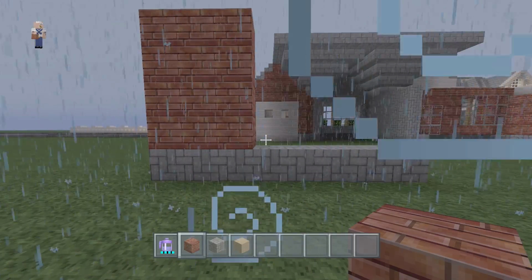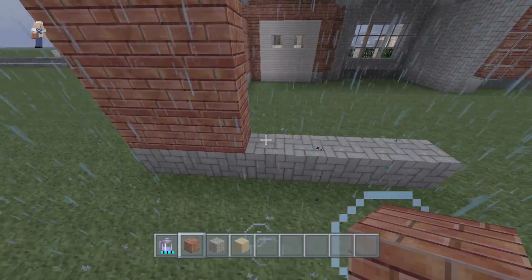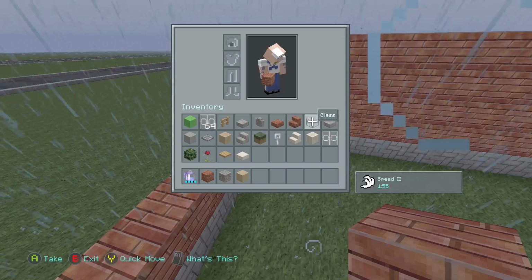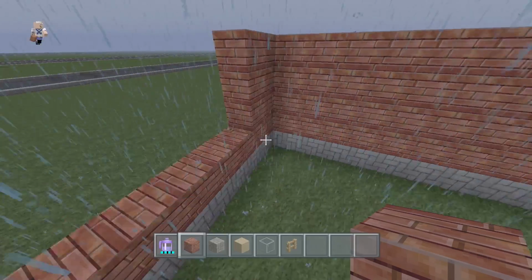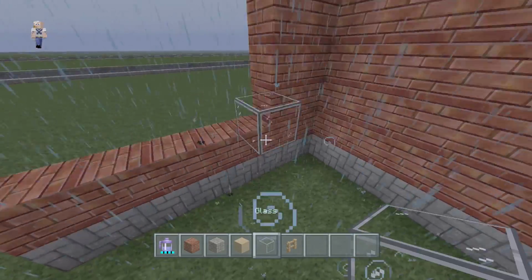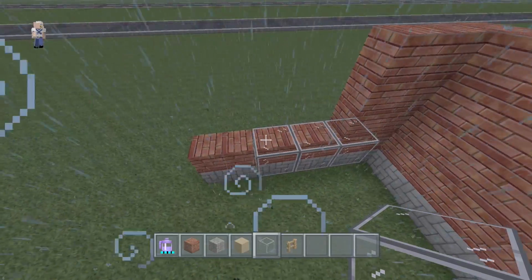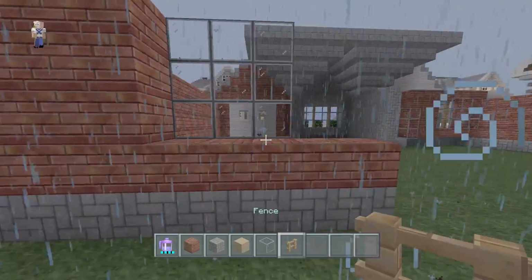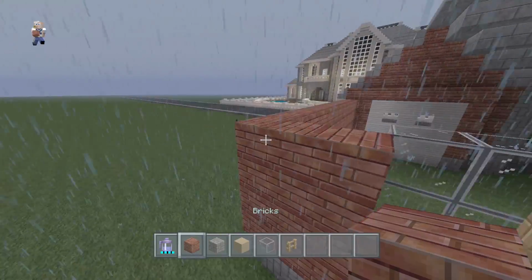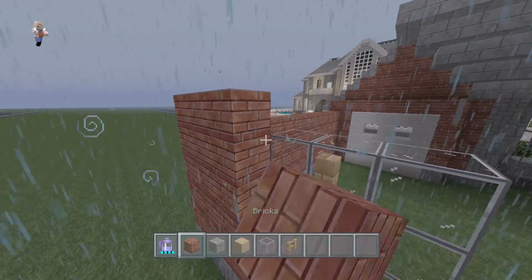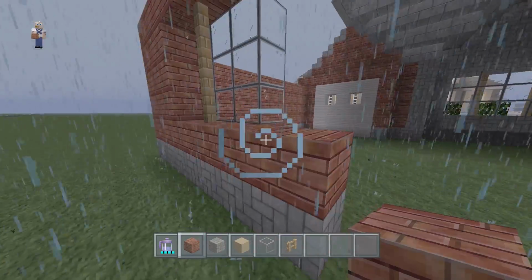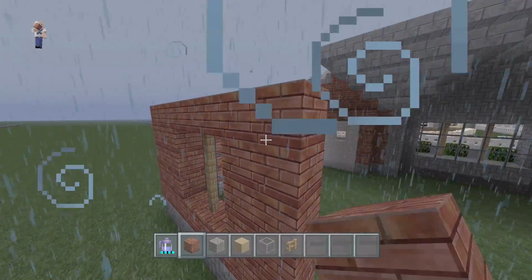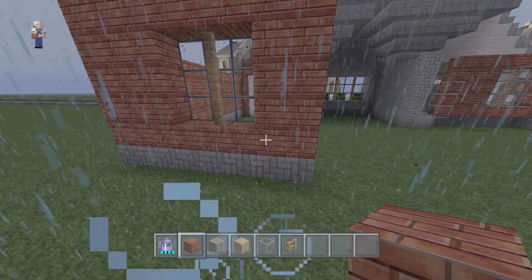Excuse me. Now what we're going to do, we're going to have one more layer of brick on top of the cobblestone here. And we're going to make a window that's going to be 2 wide. So, or 3 wide, excuse me. So again, this window will be 1 block back from the brick. And it will be 3 tall. So, 2, 3. Okay. And then your fence goes here in the middle. And so we can even stack this up with brick now, even more. Make sure it comes up and over the window. Ta-da. Just like this. Now, on the other side of the window, we want this to be 2 wide, okay?